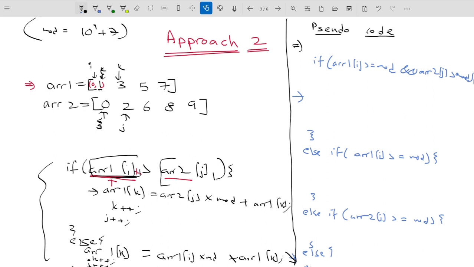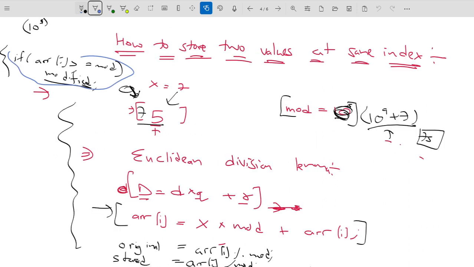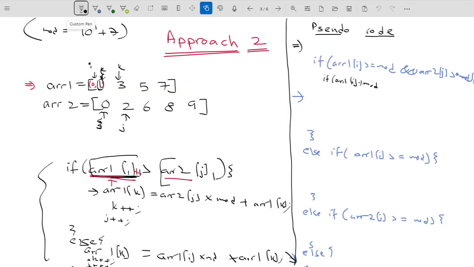But when we have both the values modified, then we will modify this particular code. I will write here if array 1 of I mod. This is how I will be able to get the original value from this, right? You can see that this is how I will get the original value. Once I got the original value, then I'll check if this value is greater than array 2 of j, again mod, right? If this value is greater than array 2 of j,